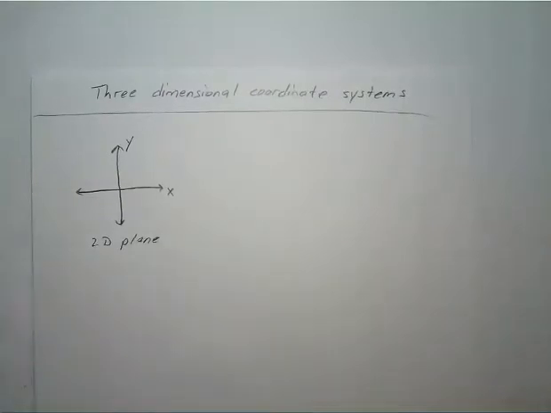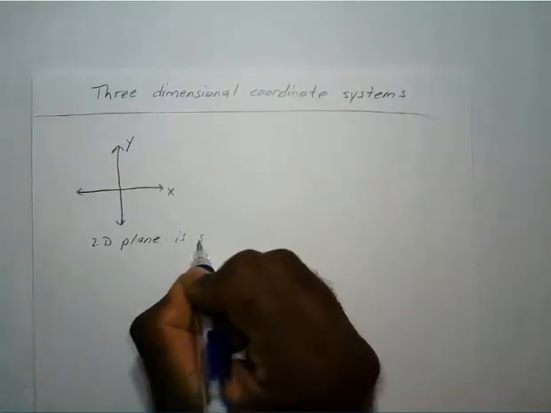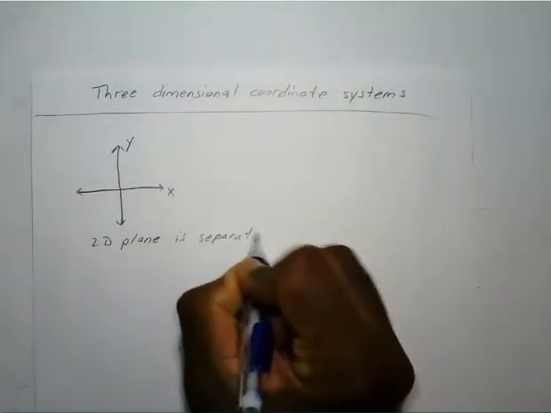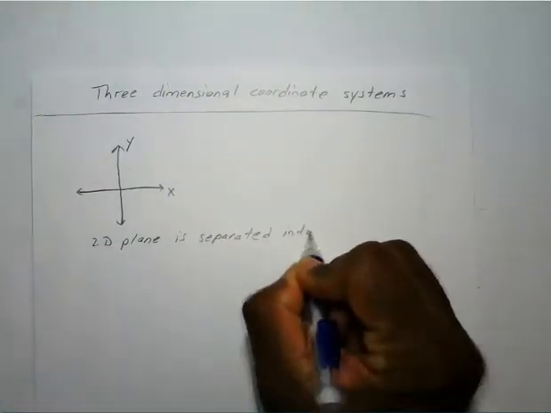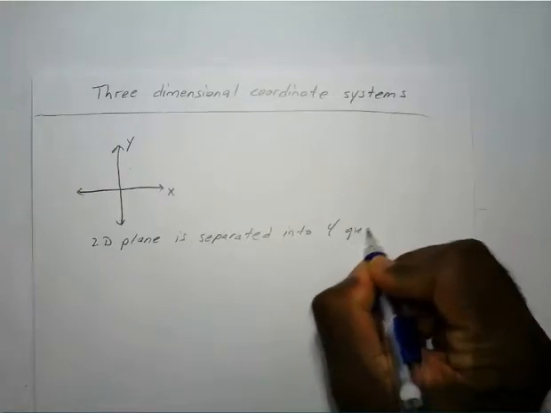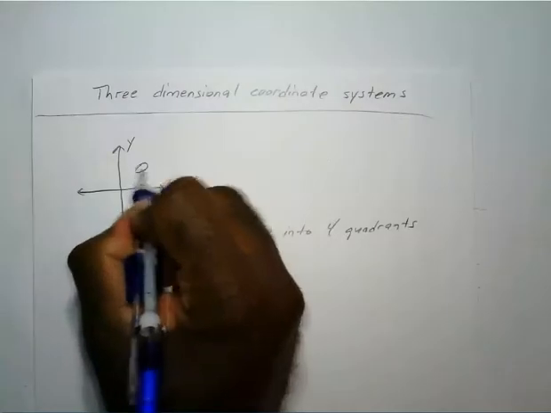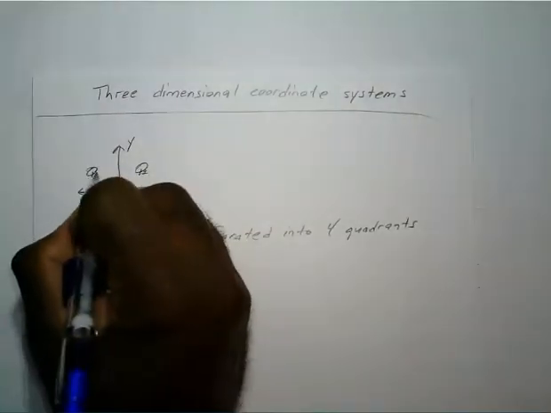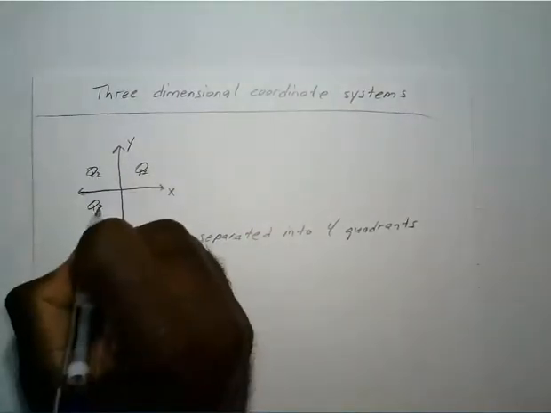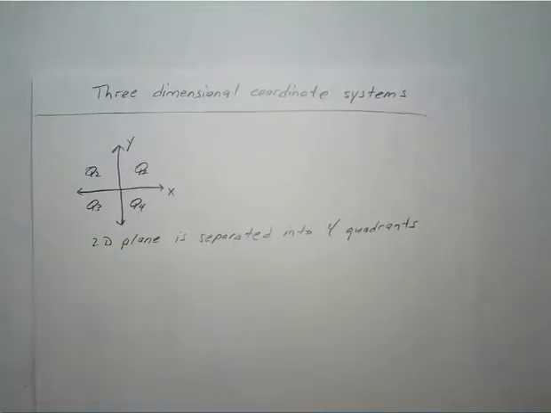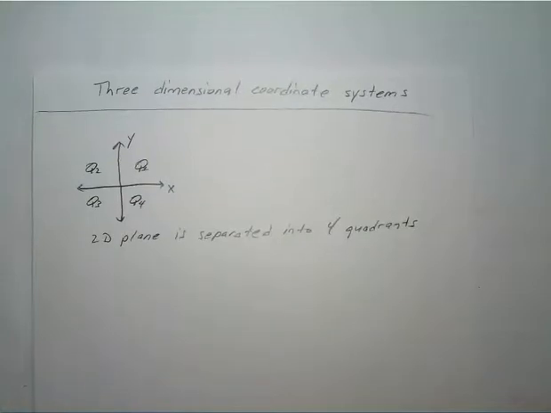That 2D plane is separated into four quadrants. So you have quadrant 1, quadrant 2, quadrant 3, and quadrant 4. Everything you did on an XY axis, you did on a two-dimensional plane. Now, to look at a three-dimensional plane,